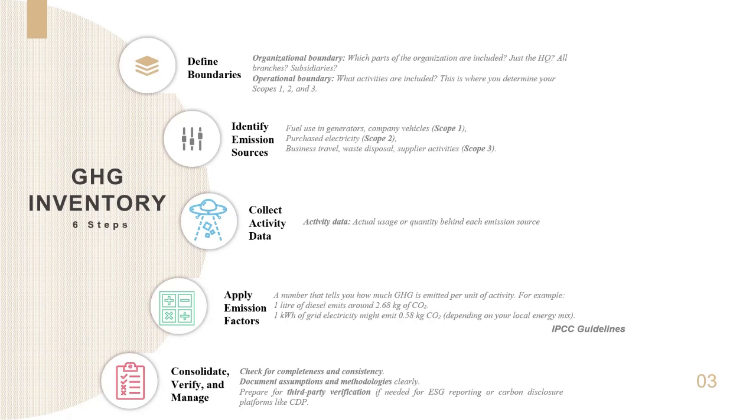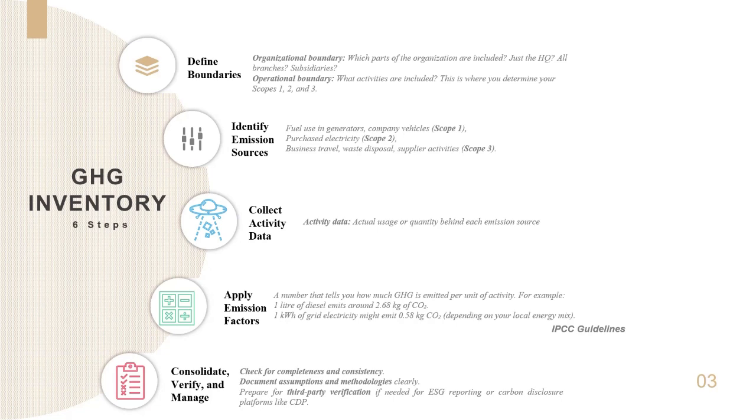One kilowatt hour of grid electricity might emit 0.58 kg CO2, depending on your local energy mix. The reliable emission factors come from sources like IPCC guidance, local government databases, for example, MyCarbon in Malaysia, DEFRA,